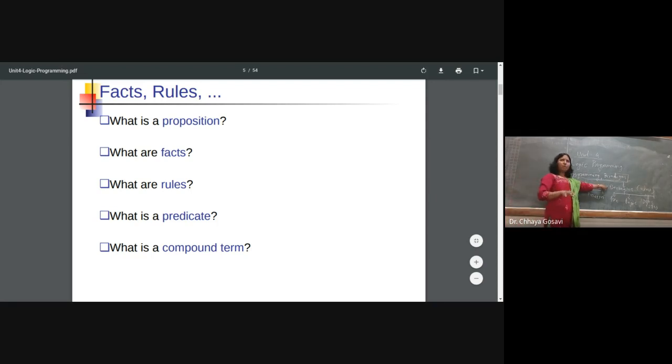And what is the problem: when the focus is on the problem, it is called declarative. So in declarative programming, you studied the functional programming paradigm, with examples Lisp and Scheme, and in logic programming, the example is Prolog, and in DBMS, the example is SQL.